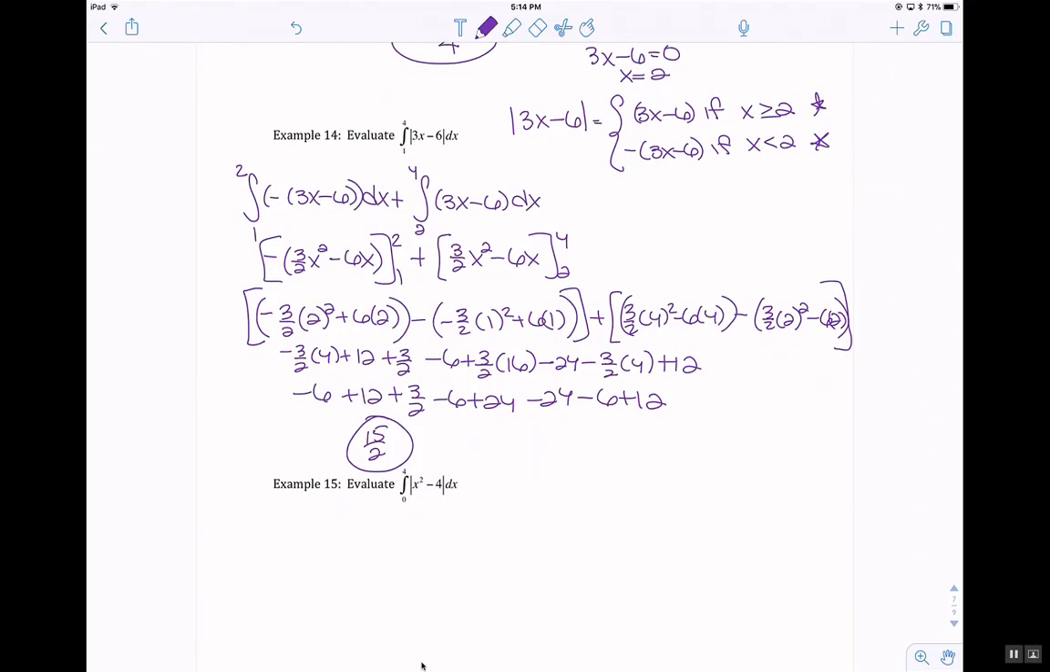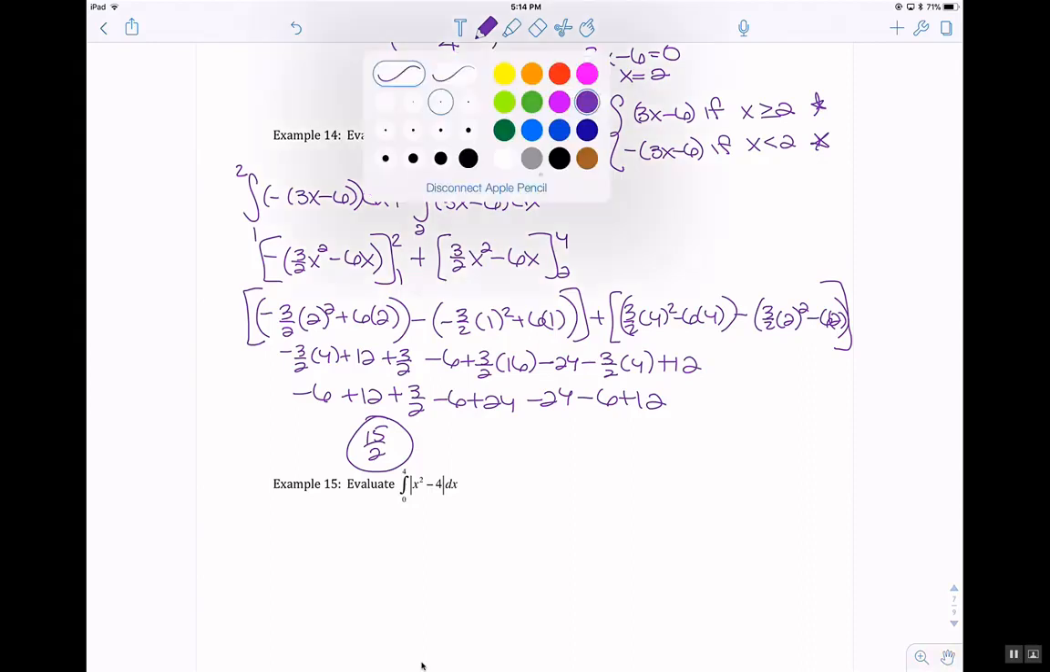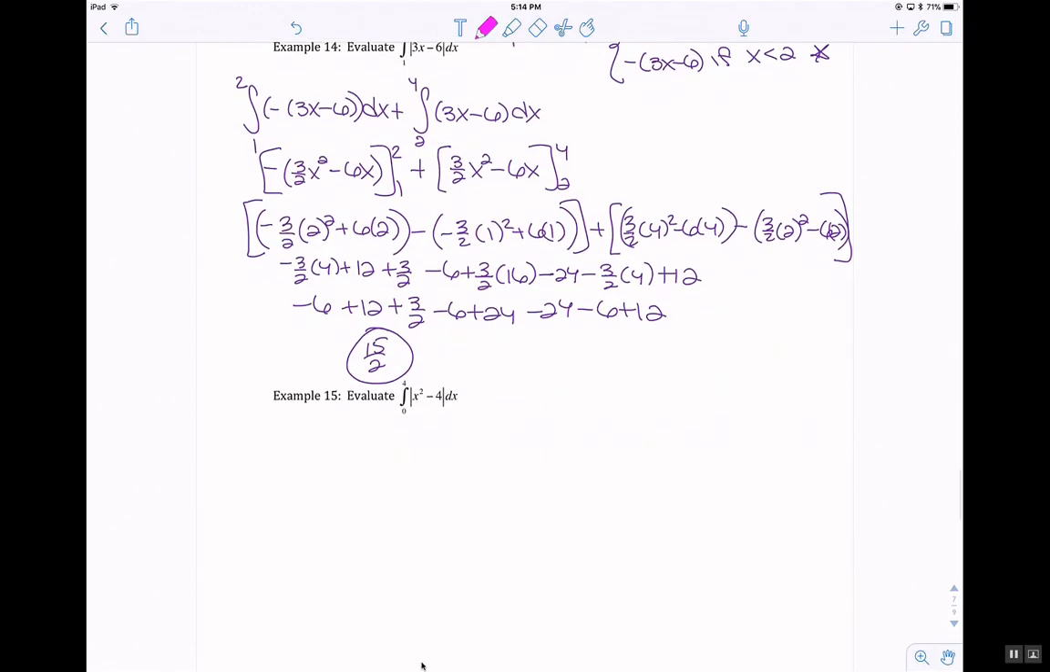Now I'm going to do the next one. I'm going to change colors because we've used a lot of this purple color. First step, set x squared minus 4 equal to 0 and solve. So I get plus or minus 2. Then the absolute value of x squared minus 4 separates out to